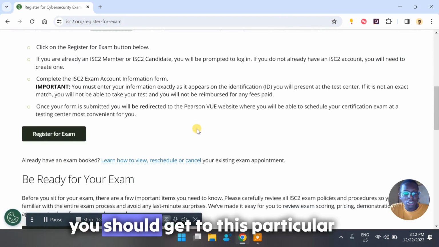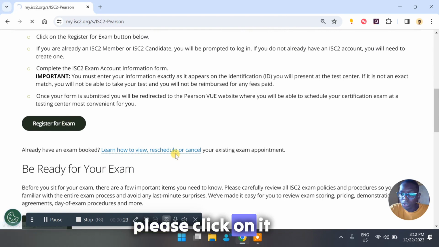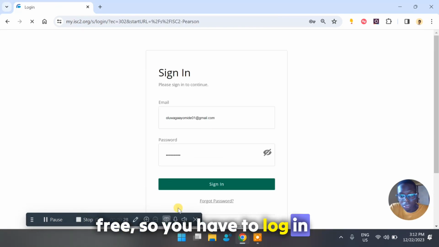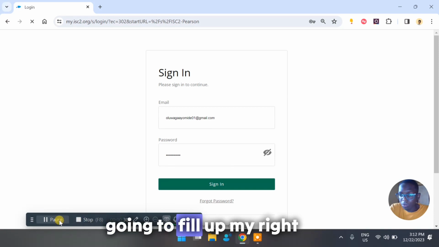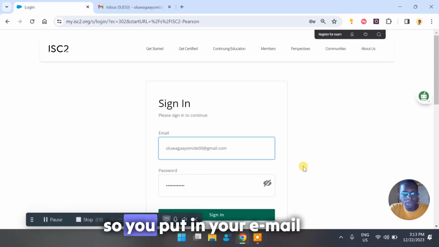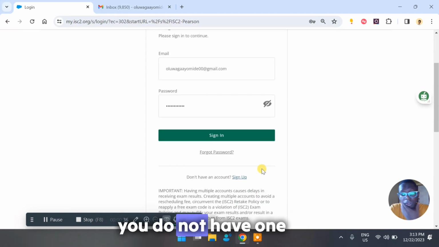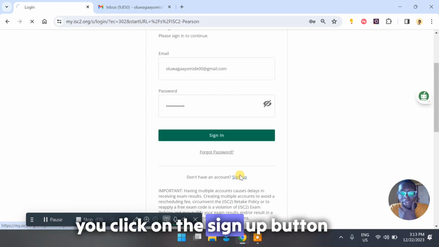Scroll down, you should get to this particular point. Please click on it. Registration for the exam is actually free, so you have to log in at this point in time. I'm just going to fill up my details. Right, so you put in your email. If you do not have one, you click on the sign up button,